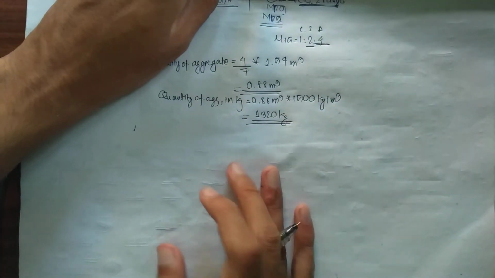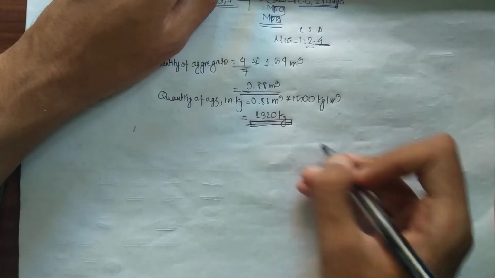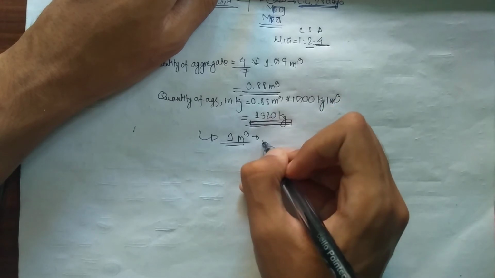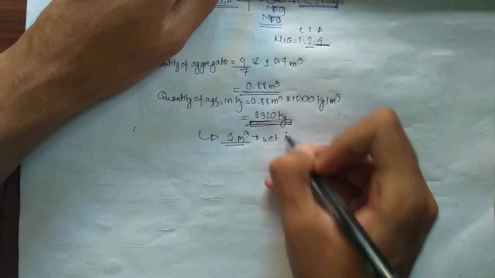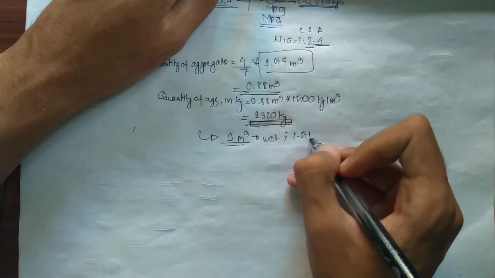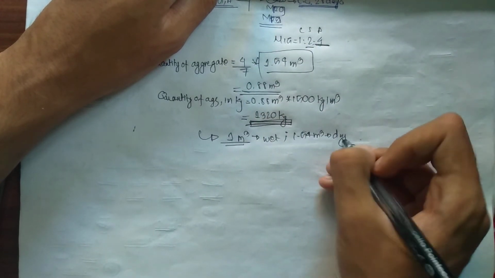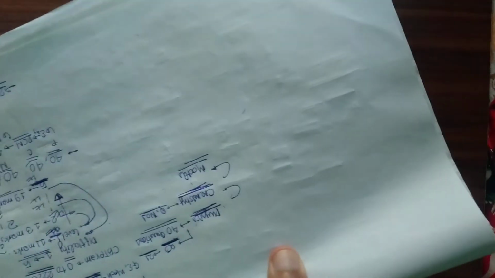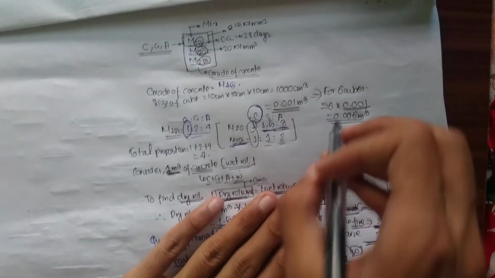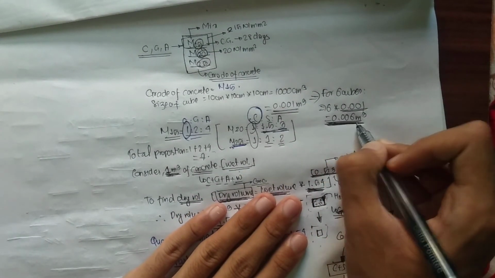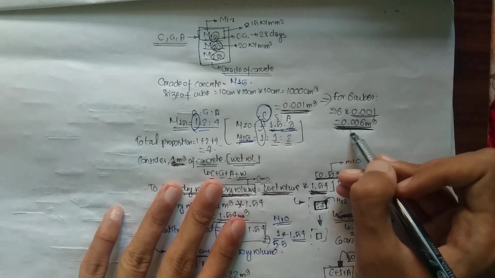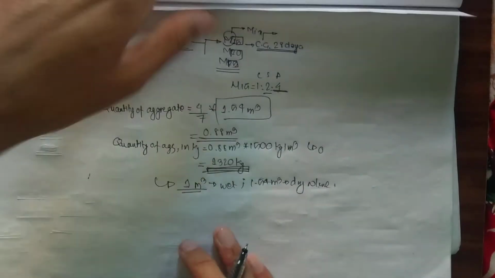So as you can see, we have done all this calculation for 1 meter cube wet volume, or 1.54 meter cube dry volume. But as I mentioned before, we are going to calculate for 6 cubes. It depends on how many cubes you are calculating for. You might be calculating for 1 cube, you might be calculating for 6 cubes, etc. So right now I'm going to calculate for 6 cubes.